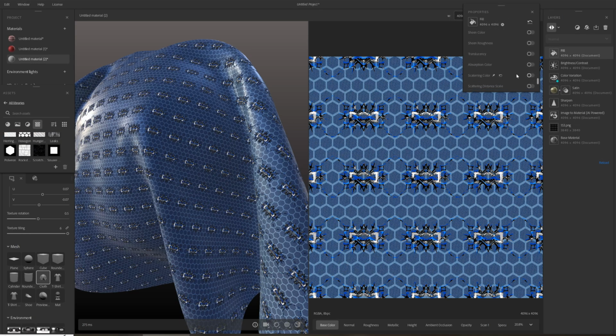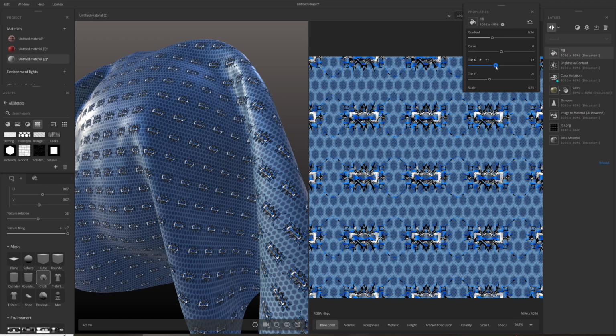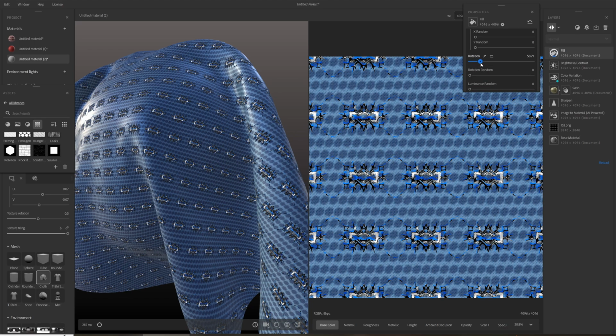Sometimes we can get a little bit confused, especially dealing with the HDRI rotation. And we can do a few more things here. Let's go ahead and do a little bit of the scaling and the gradient. The gradient is always what you're going to use to get more separation inside the shapes. As you can see, we're getting more spacing there, and we're going to change the tiling a bit to try to make these hexagons really fit inside with our shape on our texture, to make it look a little bit more cohesive. So let's just fiddle around with the size a bit. And that rotation just a little bit, as you can see,